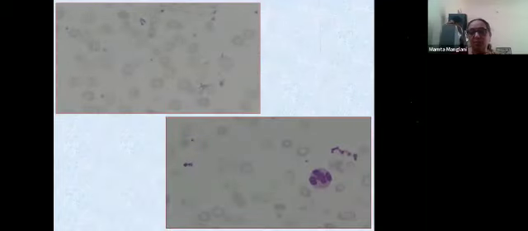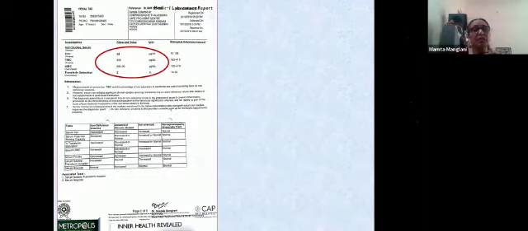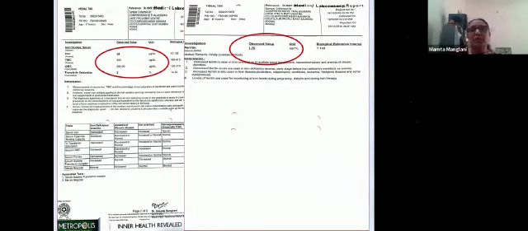This was the smear of this child, but there was a hypersegmented neutrophil. So don't miss that. When you see a smear, you must also look at other parameters, other features of other cells. When we looked at iron studies in this child, we found low iron, very high TIBC, and a very low transferrin saturation. Now, as you can see, this is typical iron deficiency anemia. But because we found a hypersegmented neutrophil on the peripheral blood, we also did the ferritin, which was 1.7, which was very low.